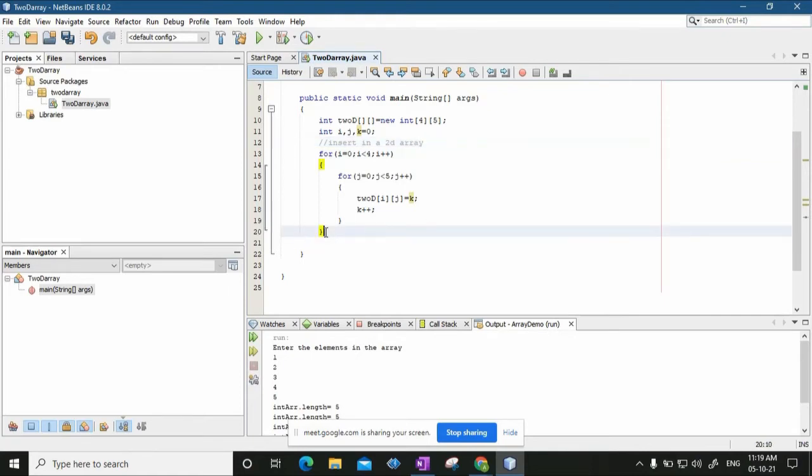Insert elements into the array, and then I will print the contents of the array.